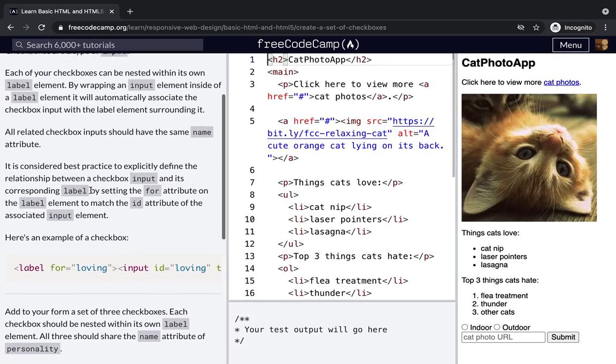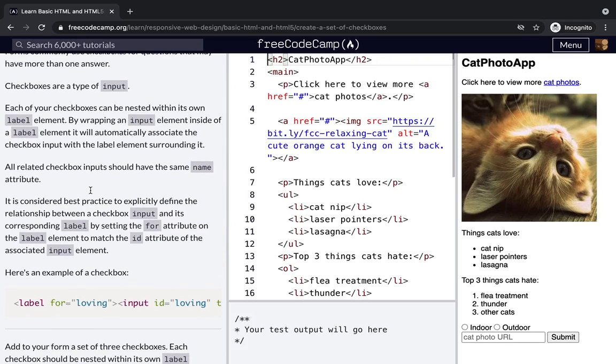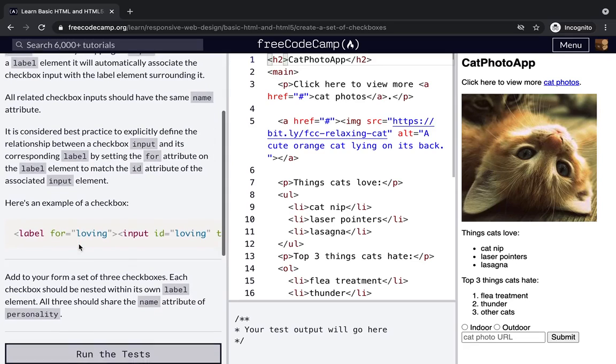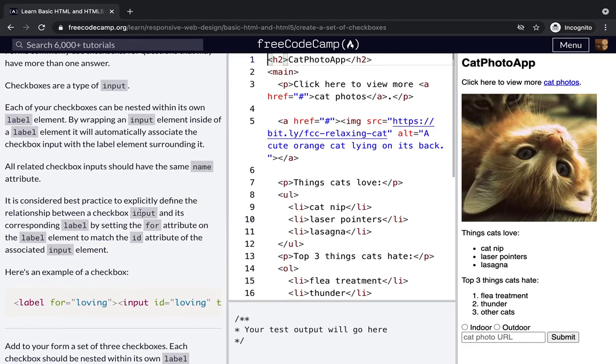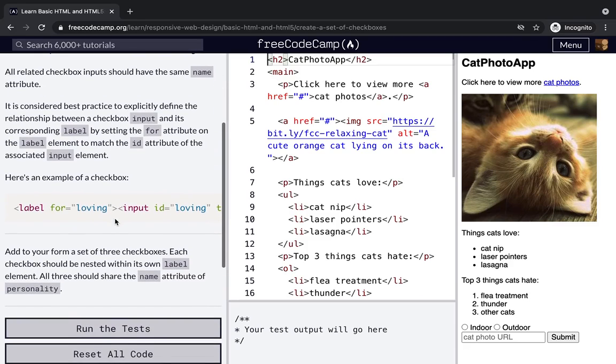It is considered best practice to explicitly, yeah. Okay, for this the input type is checkbox,